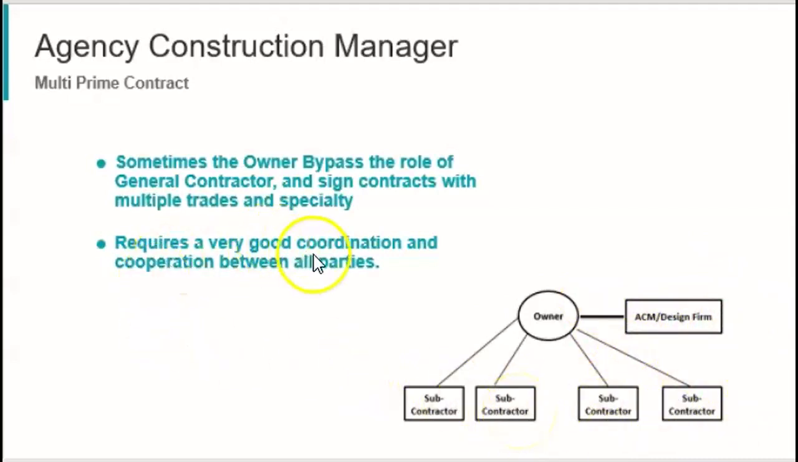But it requires very good coordination and cooperation between all parties to avoid conflicts, let's say, between the mechanical contractor and the electrical contractor. Therefore, there has to be a weekly or bi-weekly meeting. In summary,